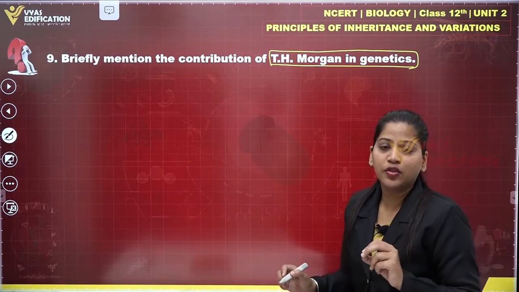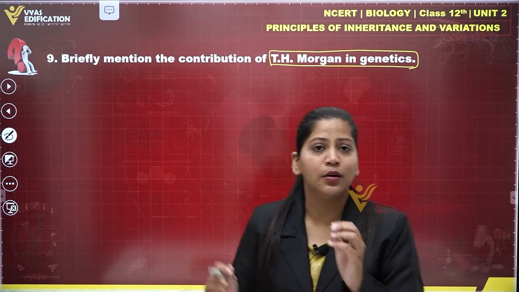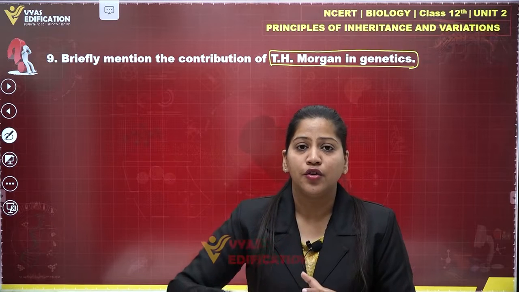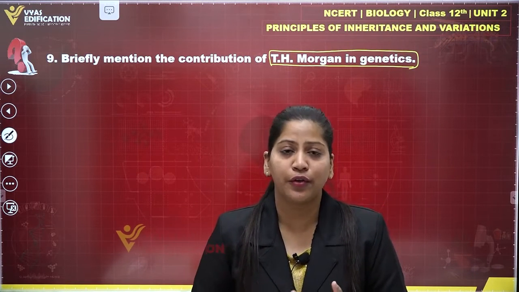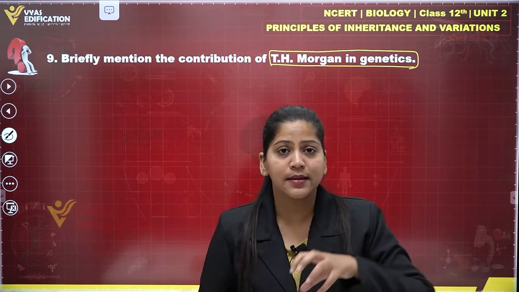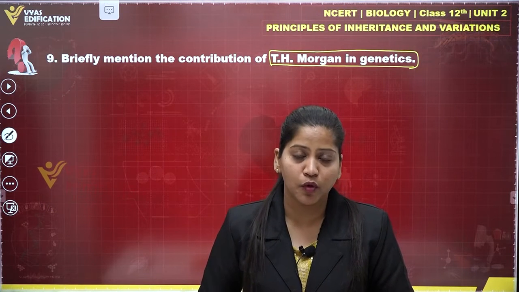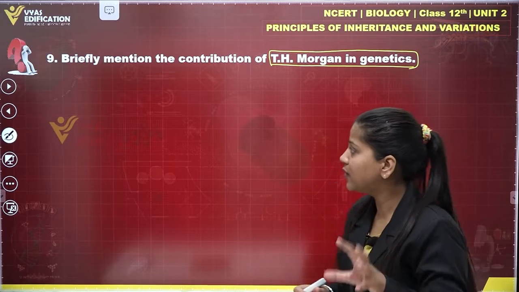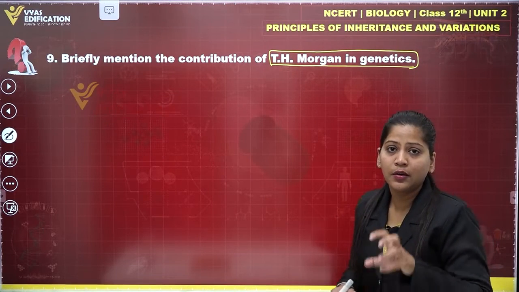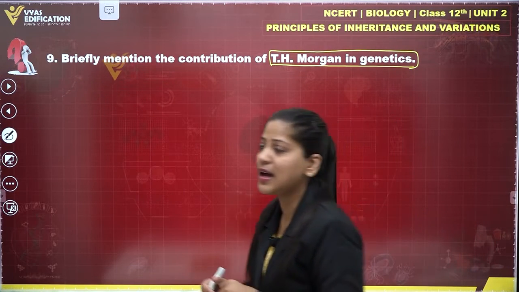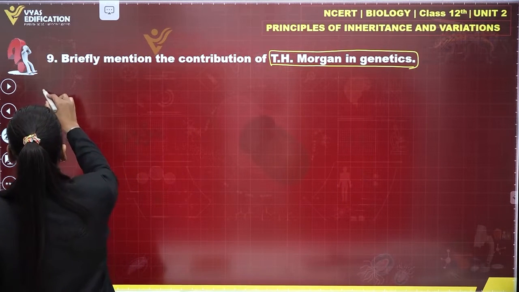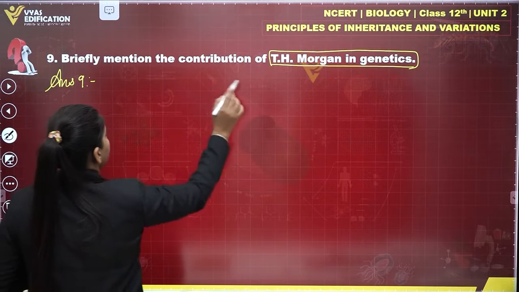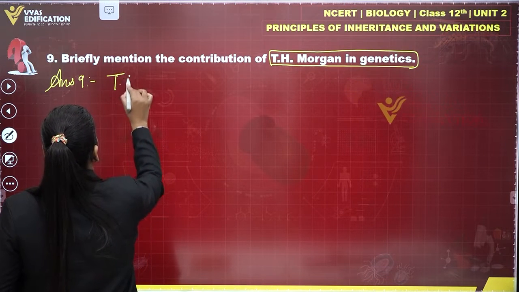Also he described that loosely linked genes show a high percentage of recombination, whereas tightly linked genes on the chromosome show a very low percentage of recombination. So this is the contribution given by this scientist T.H. Morgan to genetics. So now let's write the answer of question number 9. First of all, we will write T.H. Morgan